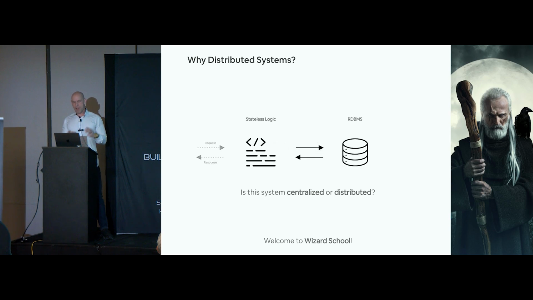How about this one? We have requests and responses coming in, then we have stateless logic running on a machine, maybe more than one machine, and then all these machines are talking to a relational database management system that provides us with ACID guarantees. Is this a centralized system or a distributed system? Centralized, that's right. It's effectively centralized because it's like we took our logic out and peeled it away from where we're storing the state, but that doesn't matter, right? We haven't changed the fundamental nature of this centralized system.